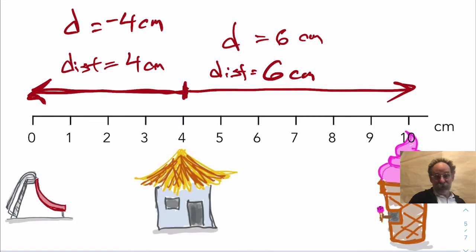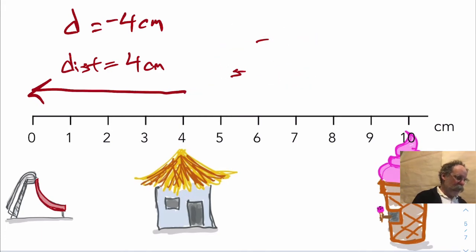Now, I also said distance is harder to define. And if you know some math, you might be like, well, isn't distance just the absolute value of displacement, right? If you know about absolute values, no big deal if you don't. And the answer is no, because this is where life gets a little trickier. So what if